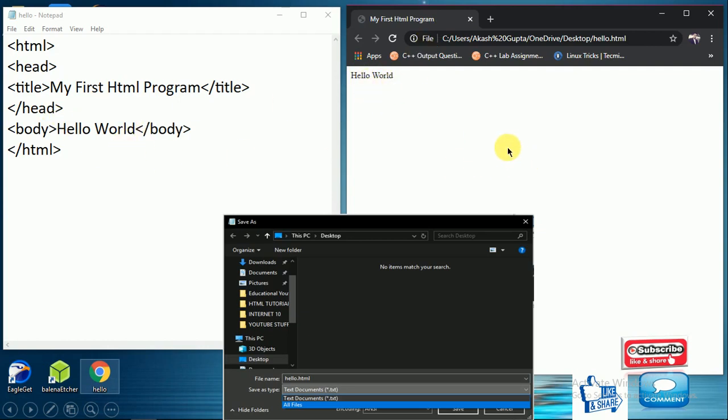So this was the basic fundamental concept of HTML. I hope you have understood all the basic programming terminology of this tutorial. In the coming lecture, we will discuss more about HTML tags, use more HTML tags, and create more beautiful and attractive web pages using HTML tags and attributes.